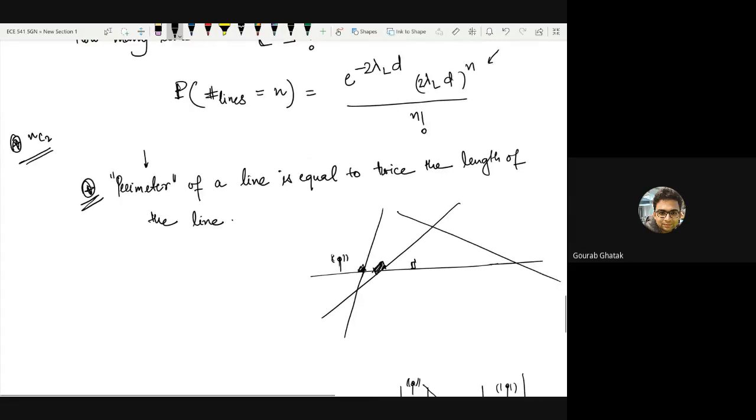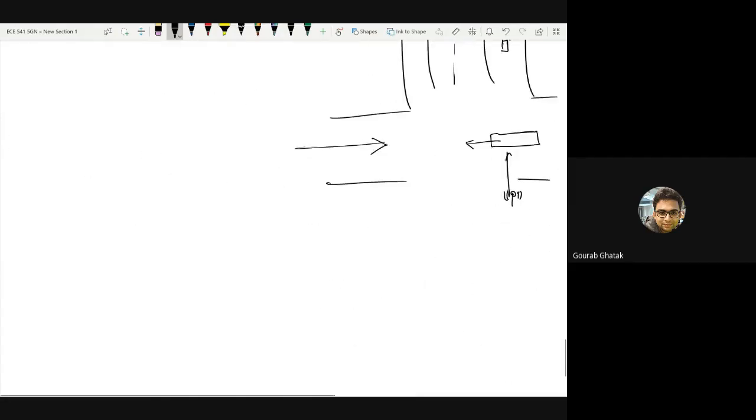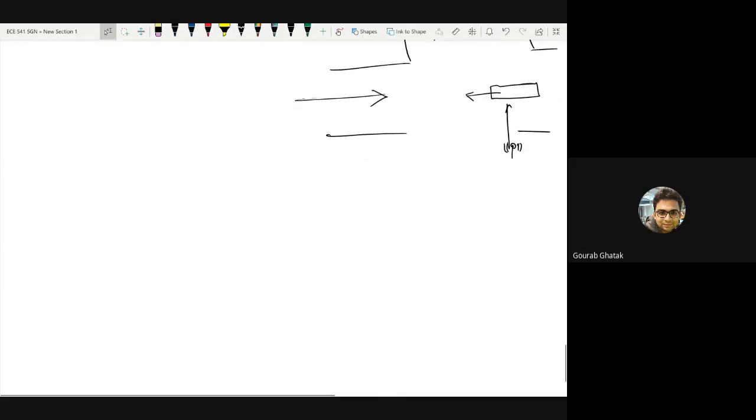Before we move on, I have noted down this guy here, and using this, I will give you a small exercise. I think it was Swaradip who pointed it out. So the exercise, or example, you can call it. Suppose or assume a Poisson line process of intensity lambda L.